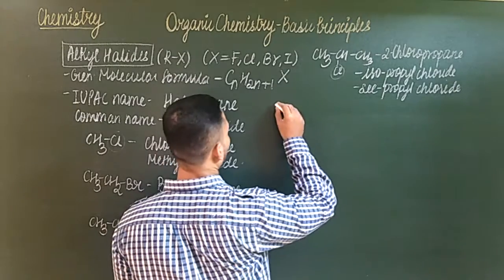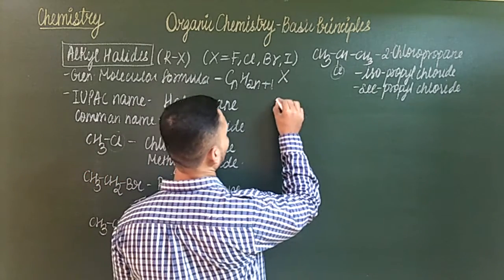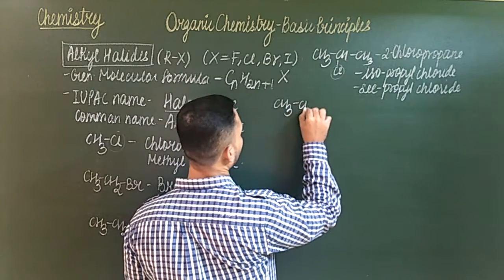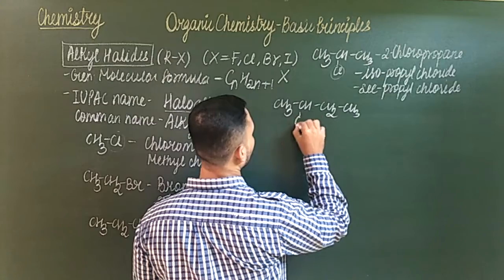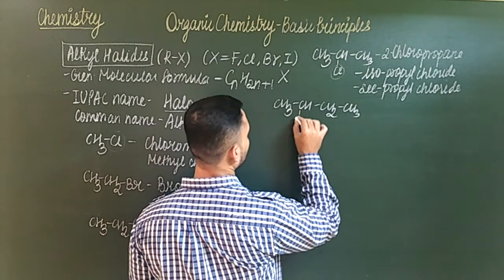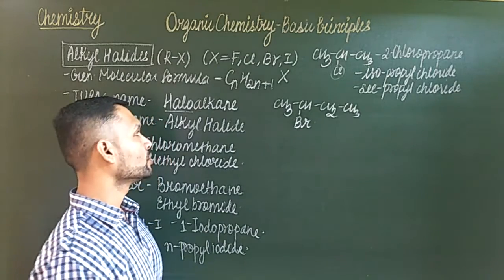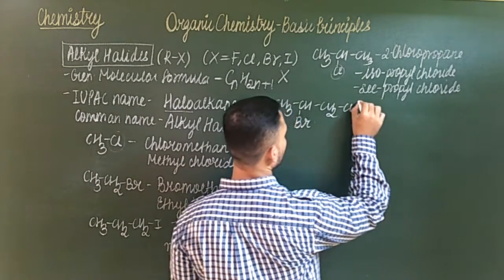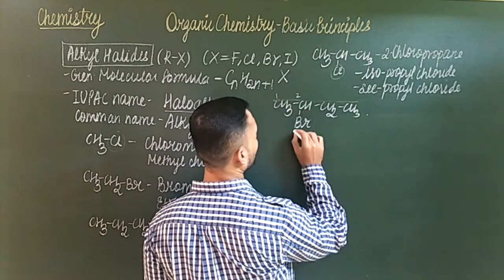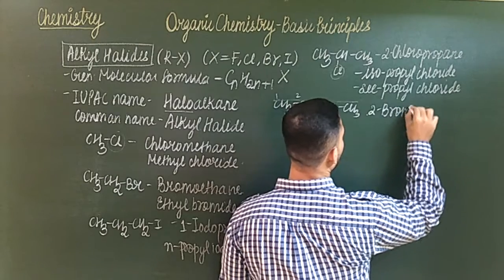Next one, I'm not going to write N-butane, that is quite easy, so I'll go for the other isomer of butane. This is the next one. Sorry, here it would be Br. Let's take Br over here. So what should be the name? Simple as that. The longest chain is of 4, and carbon 2 has the substituent, so the name should be